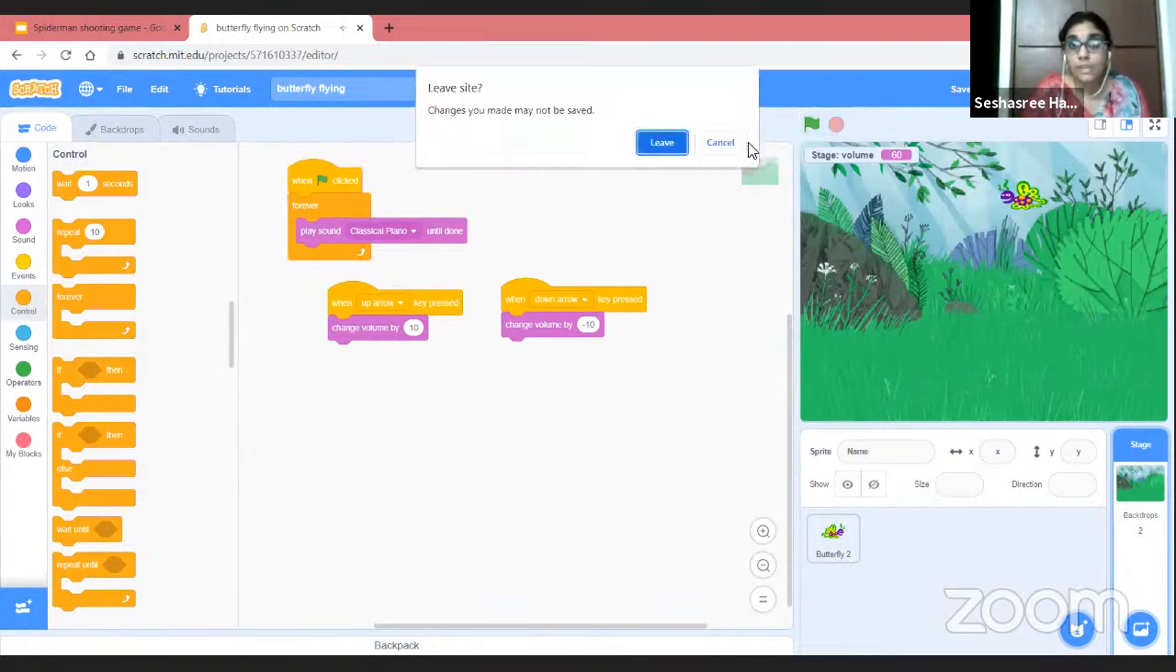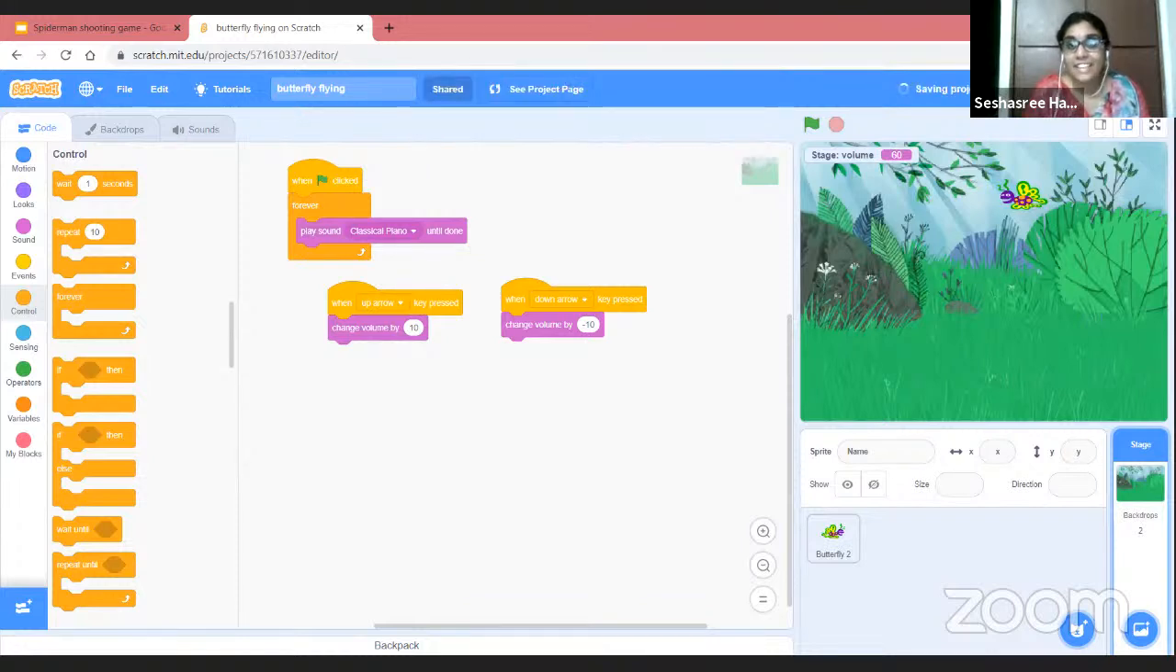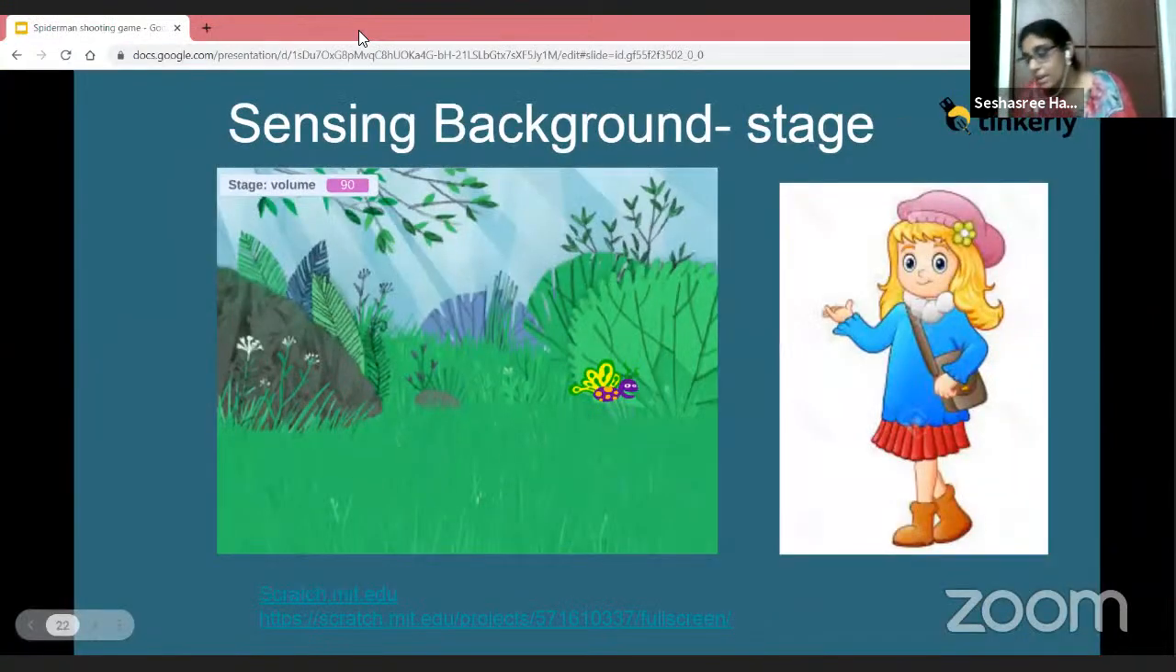Next, let me save the program. Yeah, save now. Thank you, Scratch, for helping me to remember to save my projects. Then the next